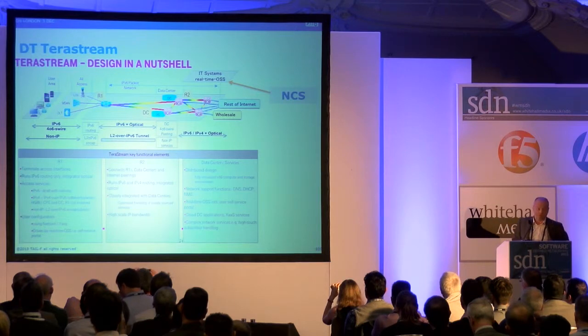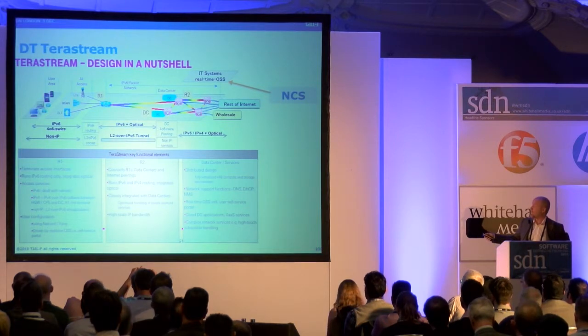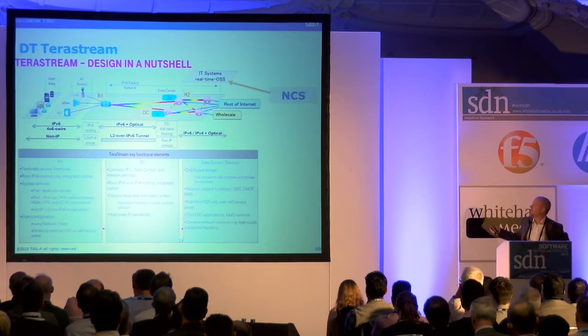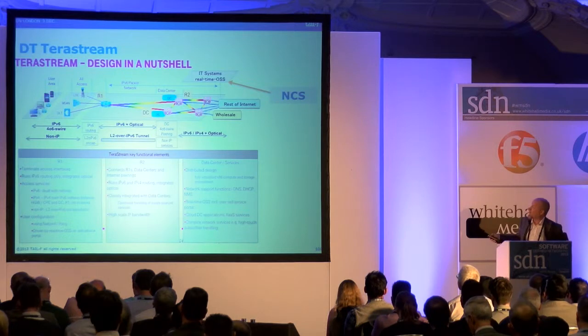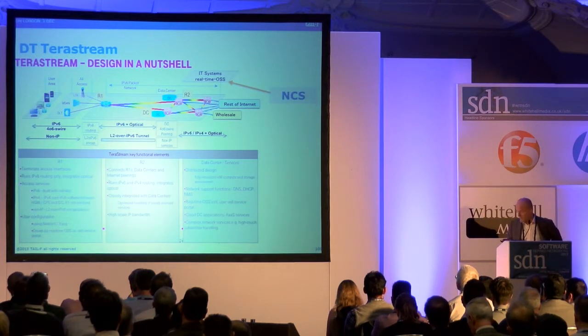It's a pure IPv6 network. It's optical interfaces directly to the routers, pure IPv6 in the network. And the network services are running in the data center. So if you need an IPv4 address, that's a software function. And they are using NCS as the SDN controller, as they call it. So we provision the whole IPv6 network and all the services in the data center. So that's a live network today in Deutsche Telekom.